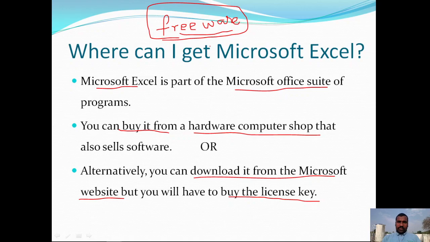The licensed version comes with several extra features that are not available in the demo version. So we need to purchase the license by paying the license fee.